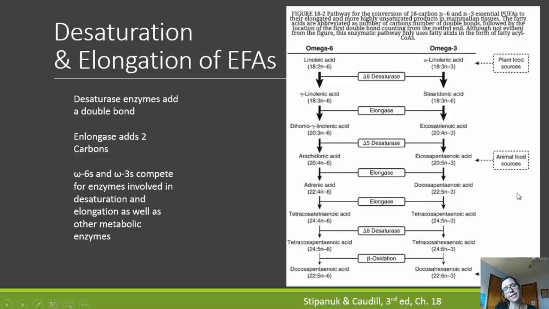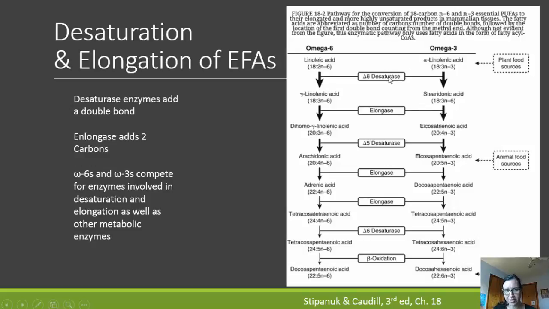We do this with enzymes that are called elongase enzymes, and that's really the extent of the detail that you need to know for this class. But know that these essential fatty acids are undergoing conversions to longer fatty acids using these elongase enzymes. Now, you can see that we have a different type of enzyme on this pathway as well,